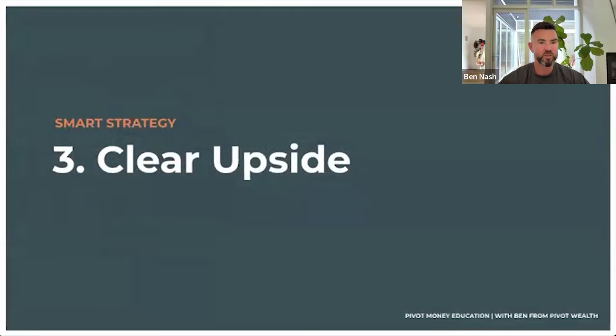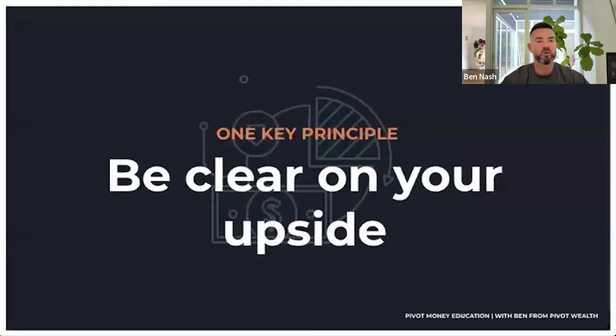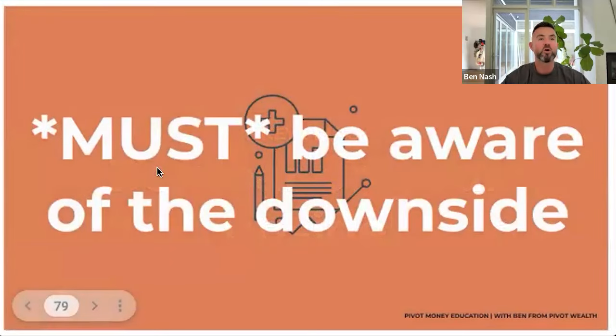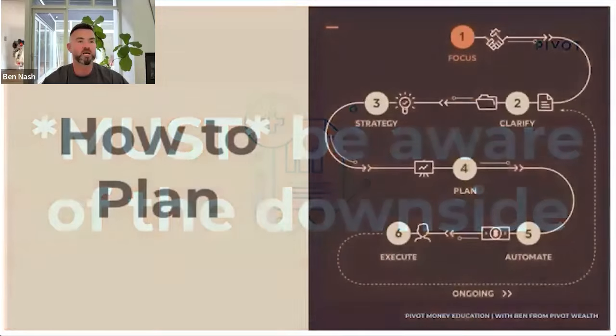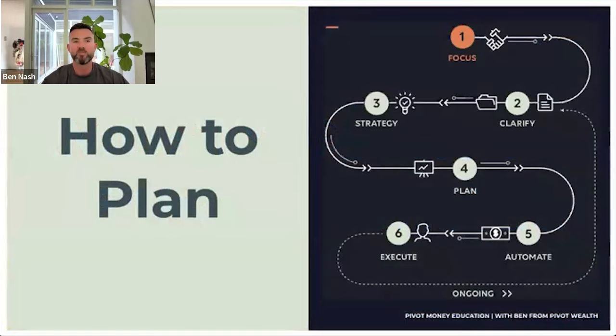I'll skip over the stages model here, but essentially, when you're going down this path, the main thing you want to be clear on is the upside, to know that a trust or any tax structures or an investment company or some sort of combination makes sense. The only way that you can do that, though, is to be aware of the downside, the cost of doing that, making sure that you're understanding it. And I'll show you how this actually works in practice, the process that you can use to set up a financial plan.